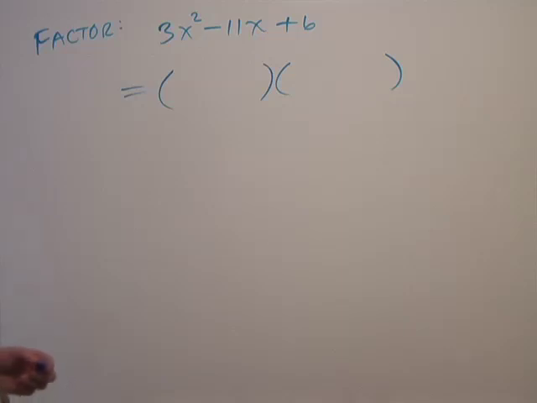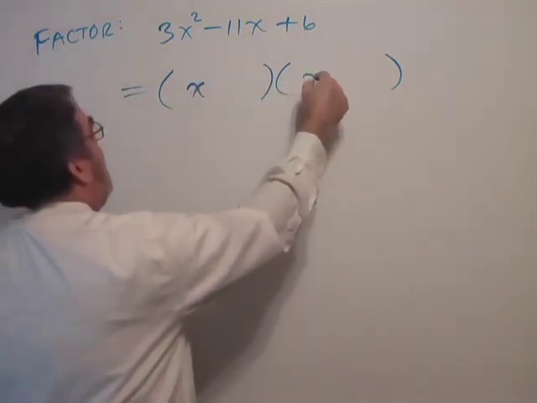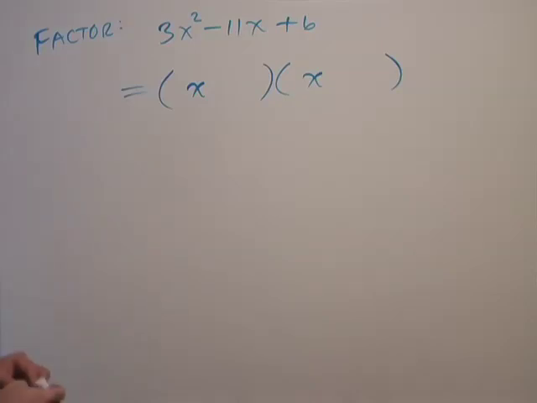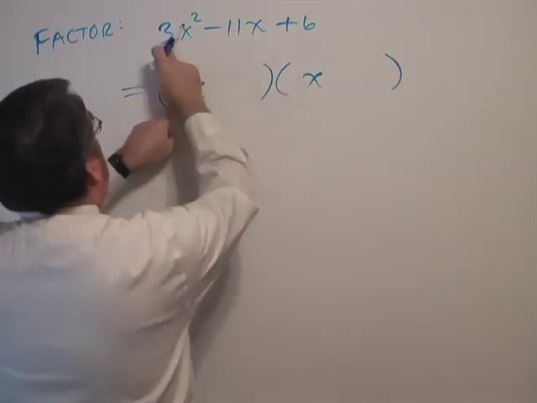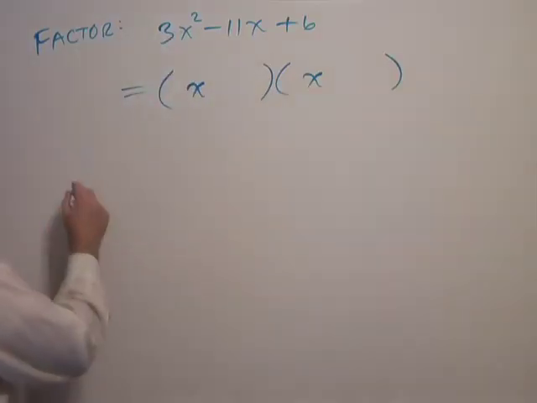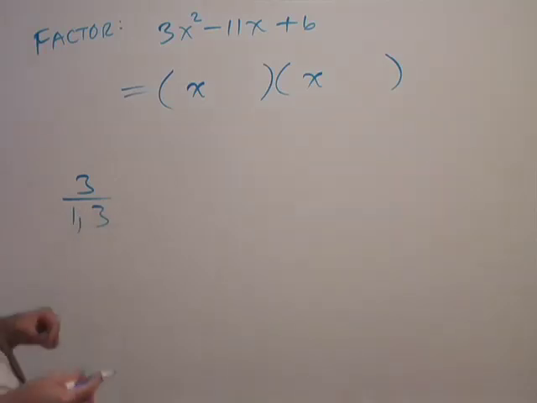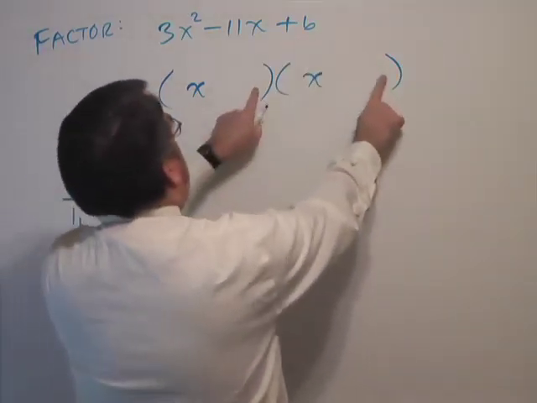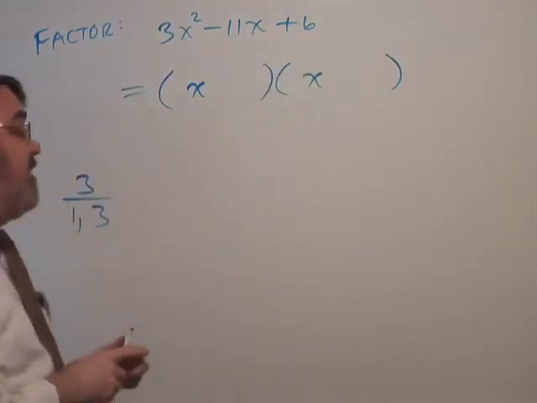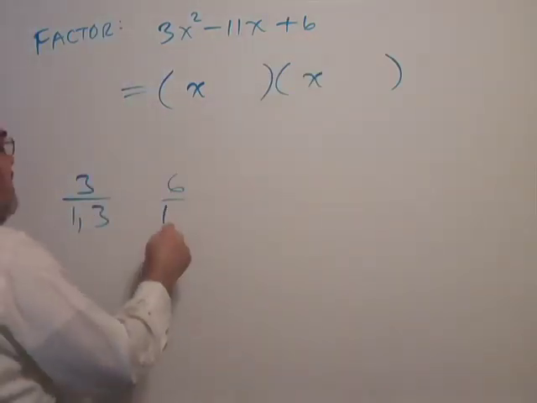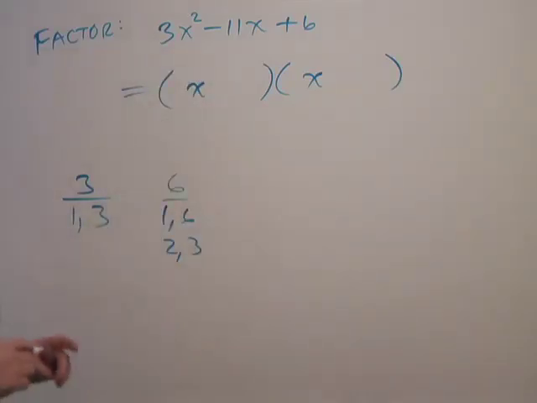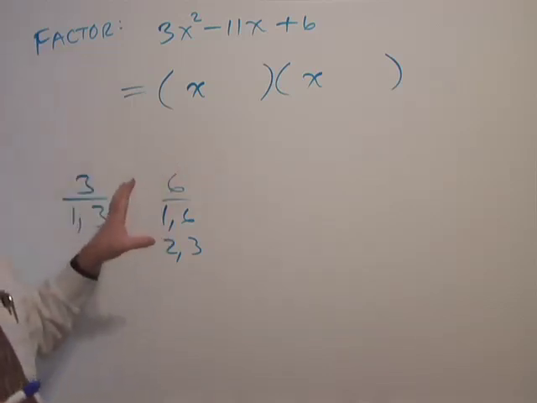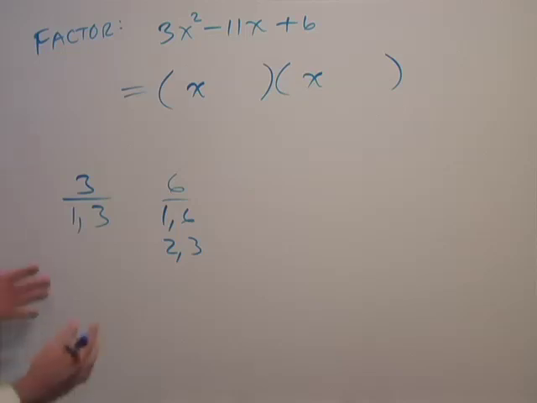Now, I always like to do the easy stuff first here, and that would be the variables. So x's have to go here. Now we need a pair of numbers here multiplied together to get 3. And there's only one pair, it's 1 times 3. And then we need a pair of numbers to go here to multiply together to get 6. So in these kinds of factorings, where the leading coefficient is not 1, we're going to have to consider 2 sets of factors, which is going to provide more